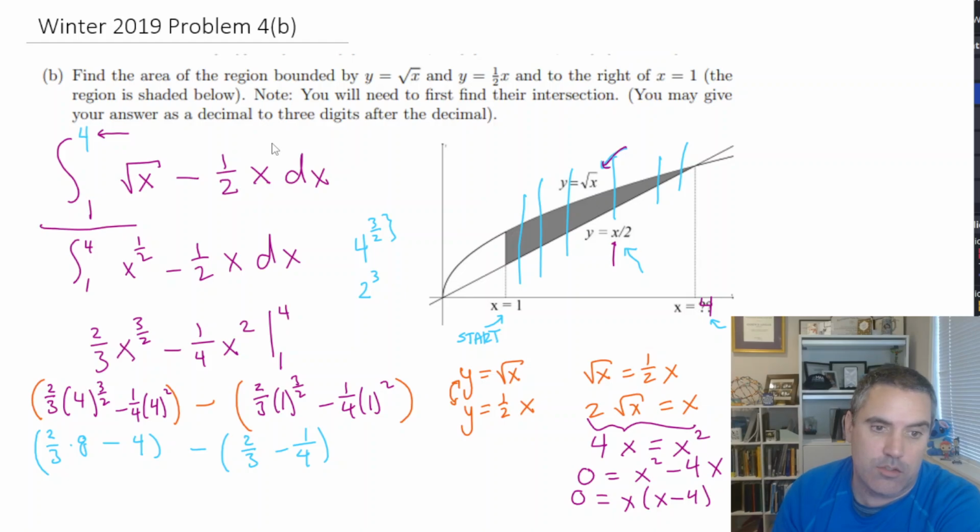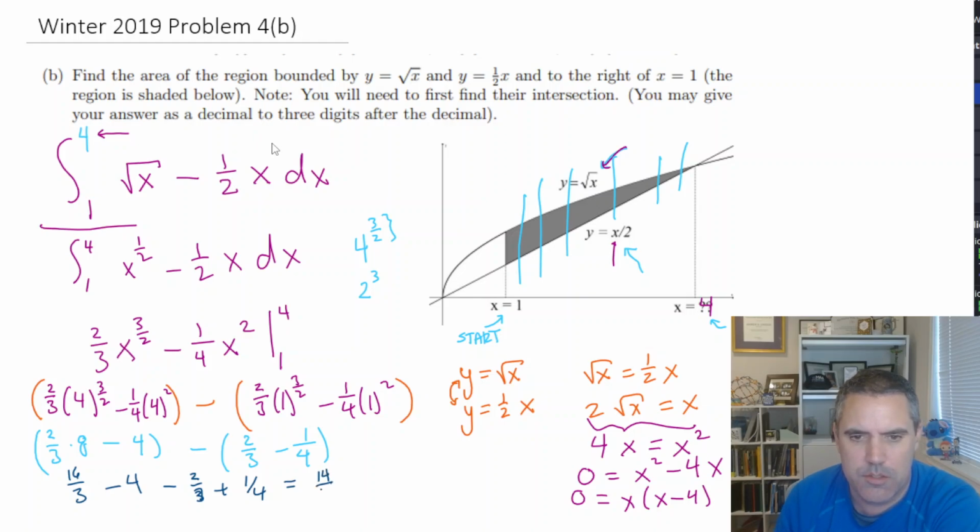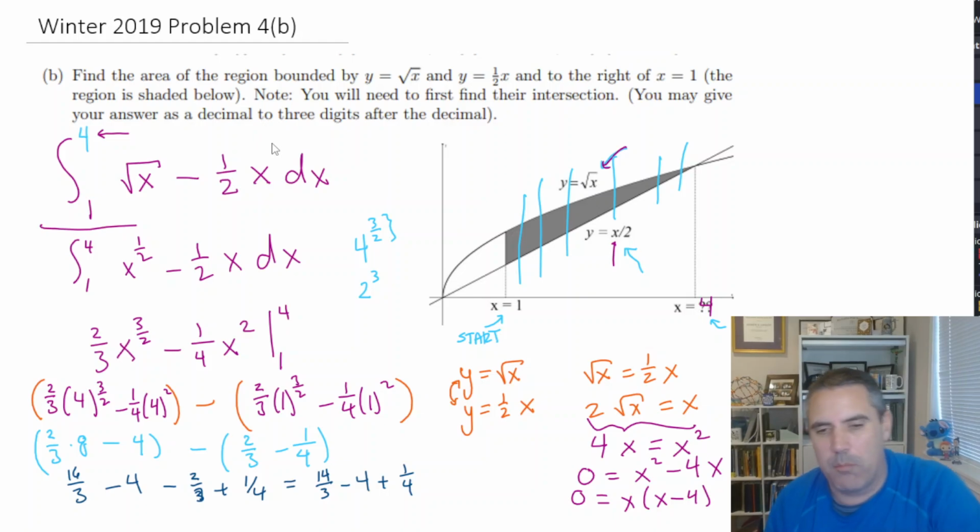So anyways, from there on out, it's a straight calculation. So this is going to be 16 thirds minus 4 minus 2 thirds plus a fourth, because I distributed that negative. And what is that all together? 14 thirds minus 4. I just put the fractions together. At that point, if you wanted to go to a calculator, you could pull a calculator out and do your quick calculation. So I don't want to make you think you have to keep going with all the fractions and stuff. So I do think it's nice to simplify a little bit as you go. 14 over 3 minus 4 plus 1/4. Okay, I got